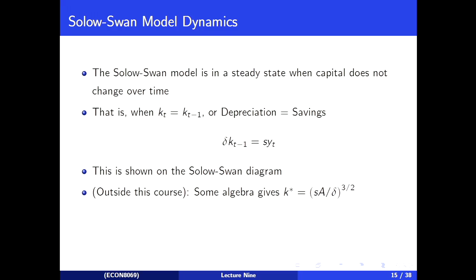And this is where our graph is really nice, because we can just go to our Solow-Swan diagram, this is our Solow diagram, and we can say, well, the level of capital that's going to make our economy be in steady state is going to be this level here. Right? This is the level of capital where depreciation, delta times K, is equal to savings. And so I'm going to call this K star, which is our steady state level of capital.